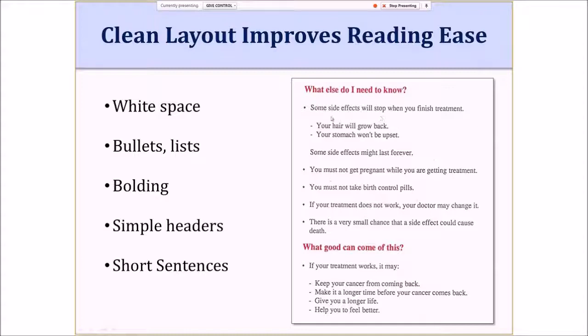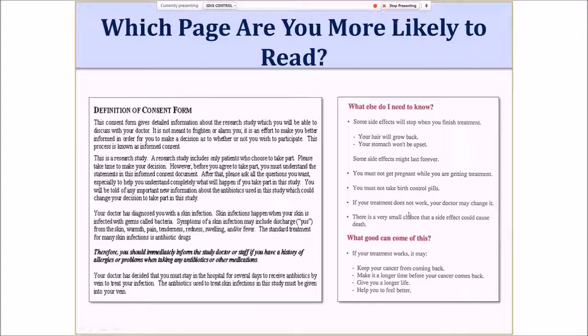What else do I need to know? Here are some side effects. You must not get pregnant. What good can come of this? So it's not just a laundry list of bullets. So on this example, this is